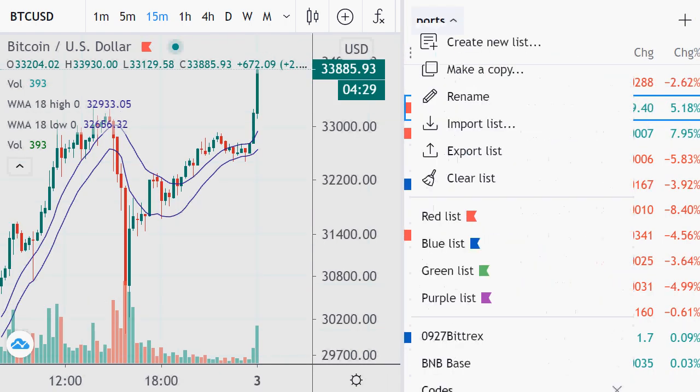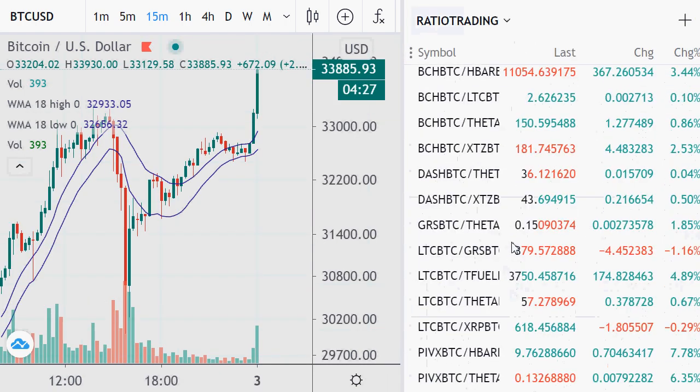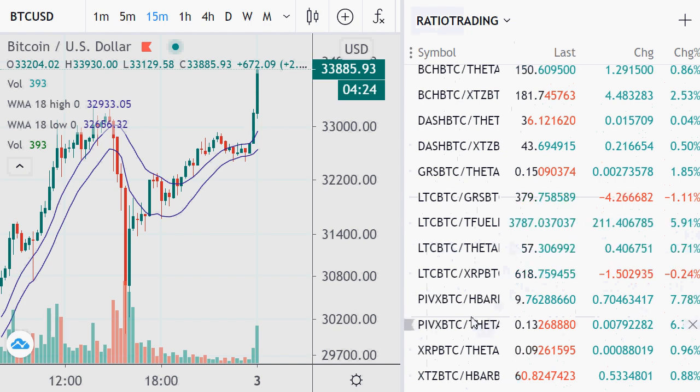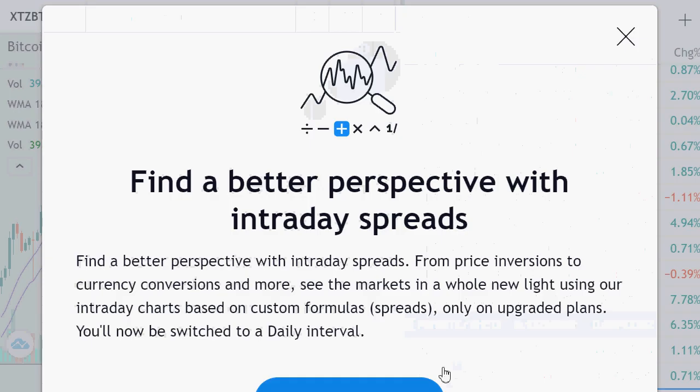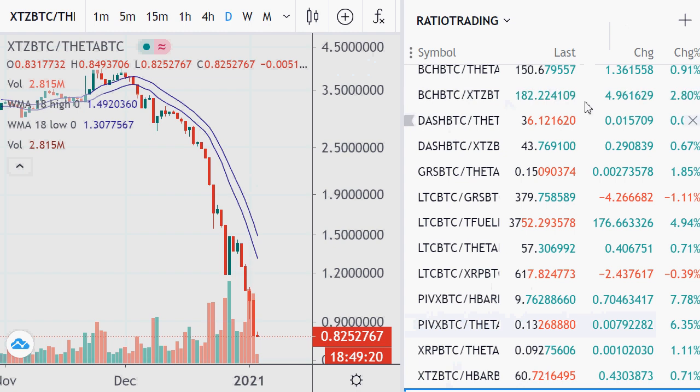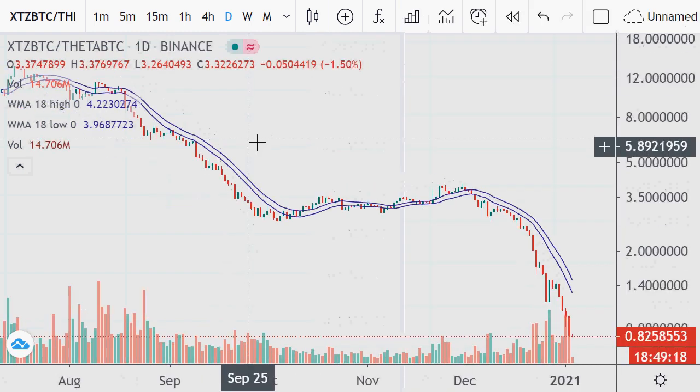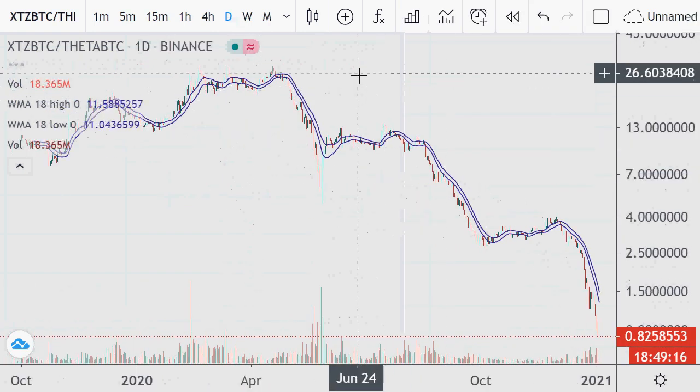But as far as ratio trades are concerned, the one I'm going to be focusing on, Theta and Tezos at 0.82 now. I could see, and we're going to see it in this game,